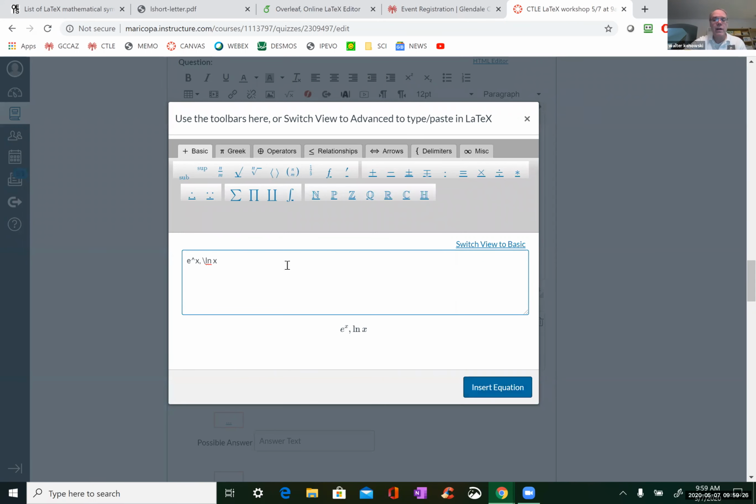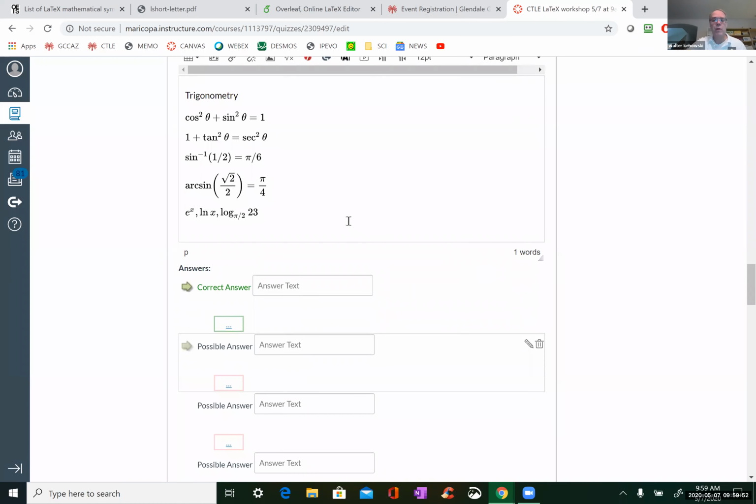Also like that. And then, of course, you also have the basic log symbol. If your base is anything complicated, put it in braces, and you can do log base pi over 2 of 23 without any trouble. Okay.